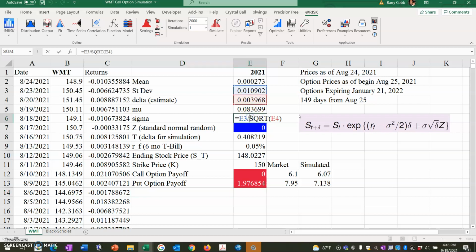We recall used the volatility for 2021 based on the standard deviation calculated for 2021 and got a very close value for the call option, which seems to indicate that this volatility is being priced in. Our put option payoff was a little bit less than the market, but because we've got the right volatility, this